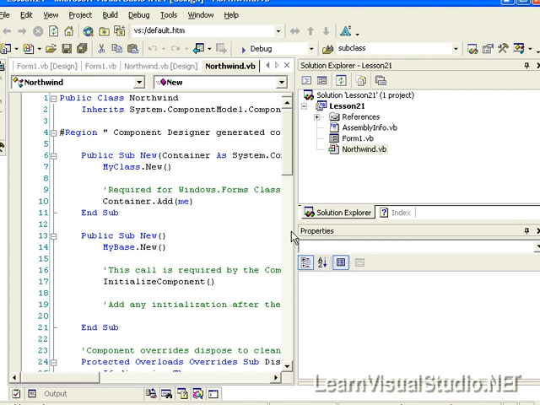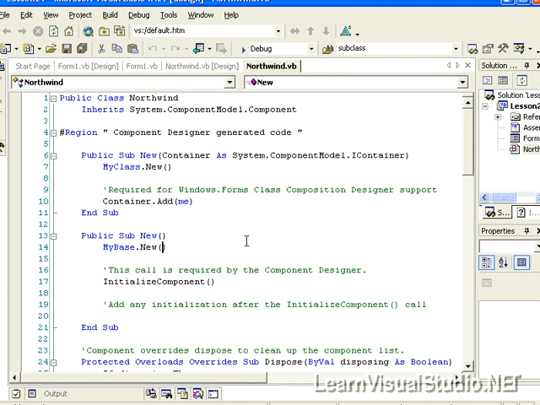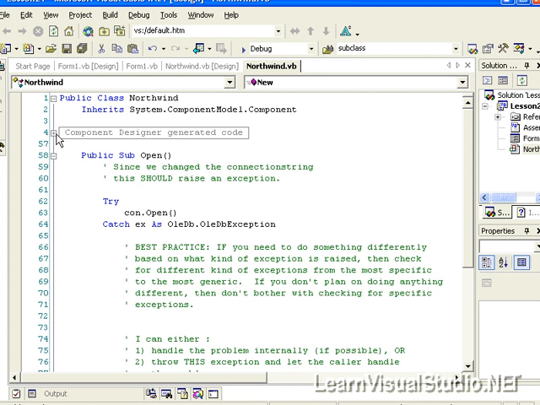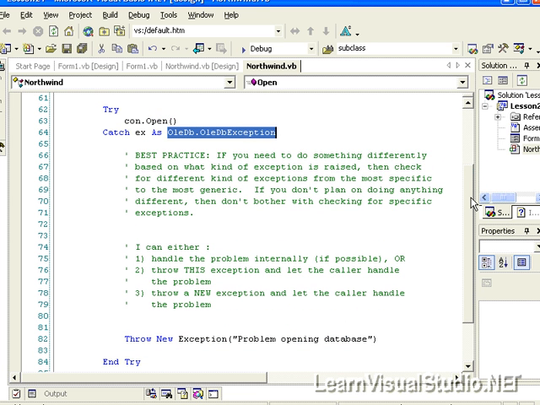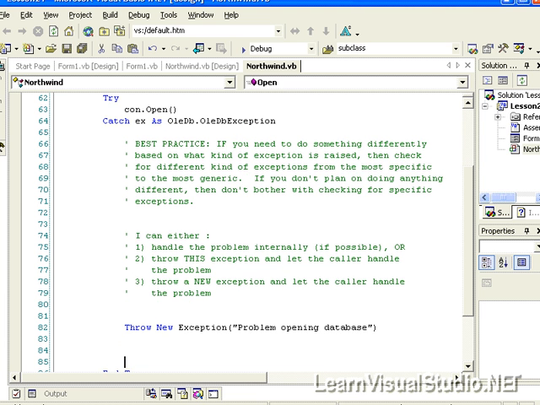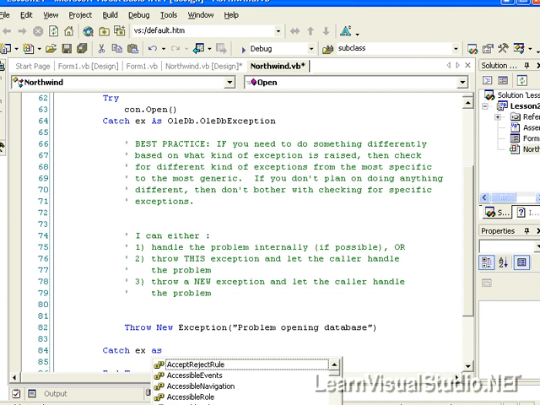And we are going to capture that exception, or catch that exception, in the following way. So we're going to try to open the connection. We anticipate that if there is a problem, it will be an OLEDB exception. And like we talked about in the lesson text, we always want to catch the most specific types of exceptions first. What we'll also do is catch EX as just Exception,